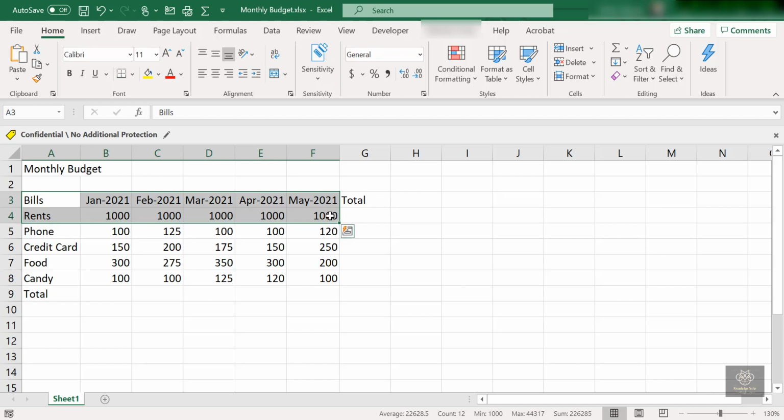But now I also want you to look at food. Food is 3 rows down from rent, so here I can hold down the Control key on my keyboard and select food, like this. Now I get a non-contiguous group of cells. This is great if you want to create charts and you don't want to include all the data. I just want the headers, the months, rent, and food, and I'll get just the data that I need.